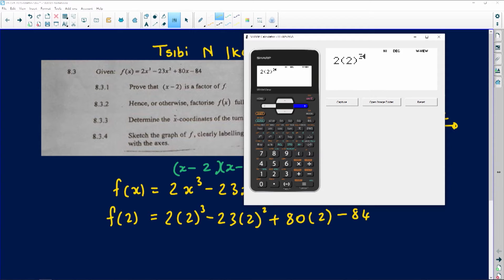If it becomes 0, then that's proof enough that indeed that is going to be the first factor of your polynomial. So if you substitute 2, that's 2 times 2 cubed minus 23 times 2 squared, and then plus 80 times 2, and then you're subtracting 84, right? And the answer comes out as 0. If it doesn't come out as 0, then it would mean that it's leaving a remainder. If it leaves a remainder, then it's not a factor of your polynomial. For it to be a factor of a polynomial, it has to give you a remainder of 0,